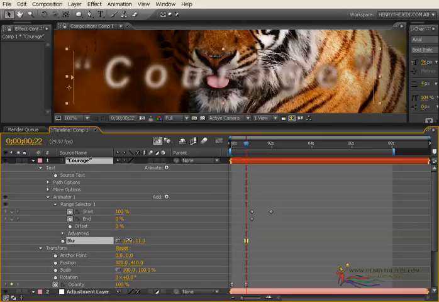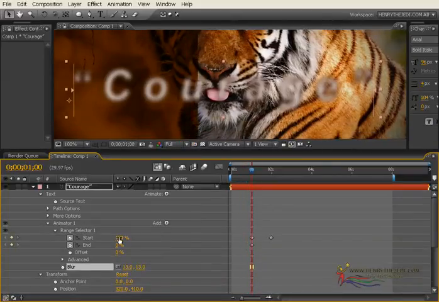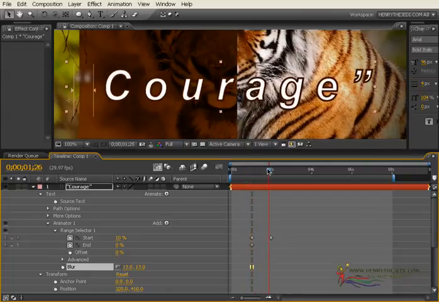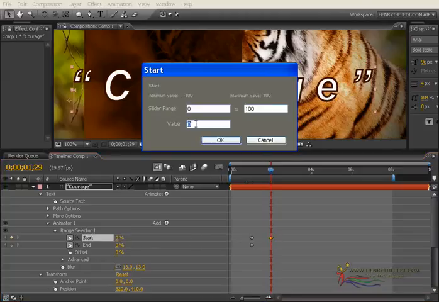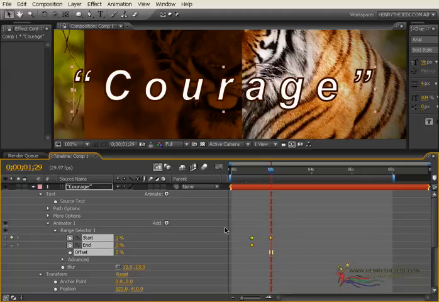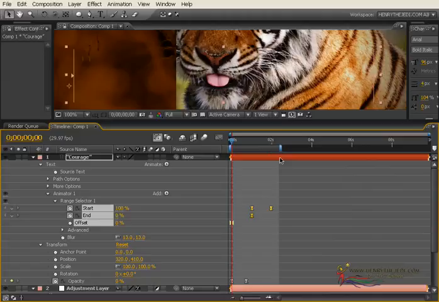Can you see what the blurriness really does? We left ours at a blurriness of 13 or so, and then as it gets blurry, the start value starts at 100 and the end value is at 0, and then when it gets here we completely remove the blurriness by manipulating the range selector, and right here at this point the start value is at 0, okay. If I was too fast, you can simply rewind what I just said, guys, so that you can get to do it better, okay. So let me preview what we just did now with the text especially.